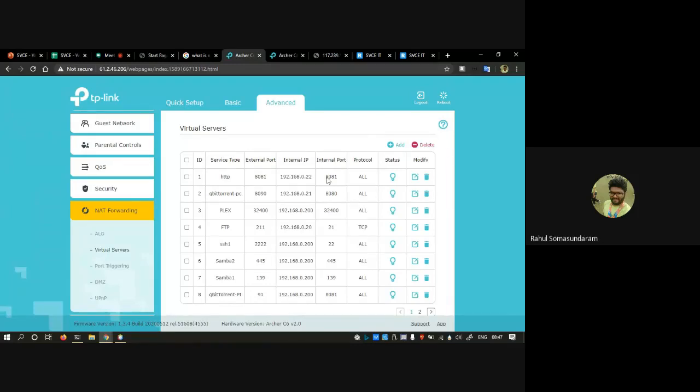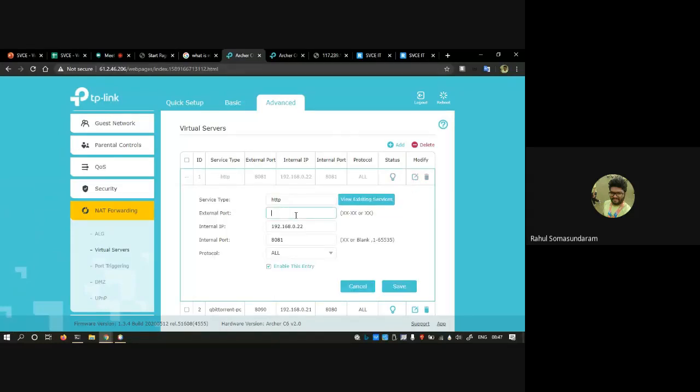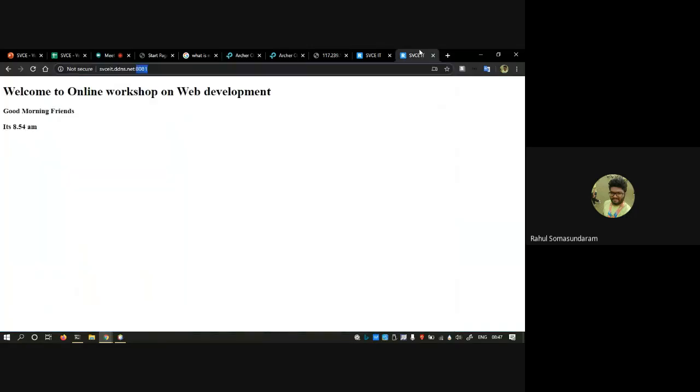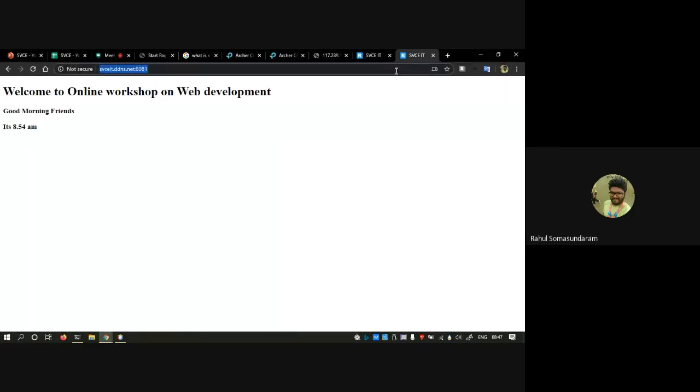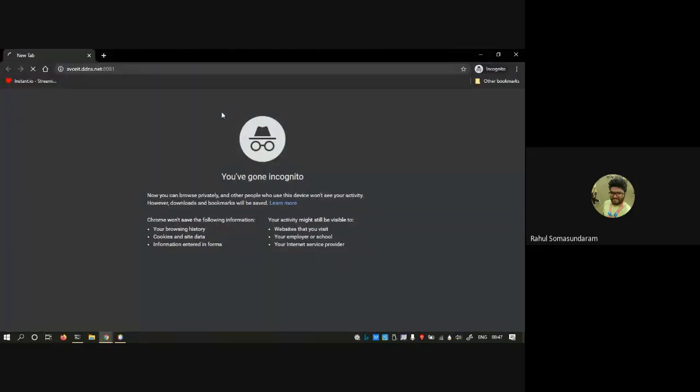So okay, fine, you get it. One more thing you can do, you can modify this actually. Now I am changing to 9090. Okay. So now if you open this thing, it won't work actually. One second. You have to copy it. So as you can see, it won't work because I have changed the port forwarding.